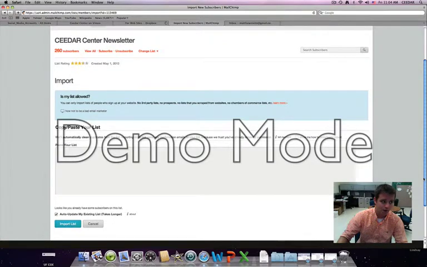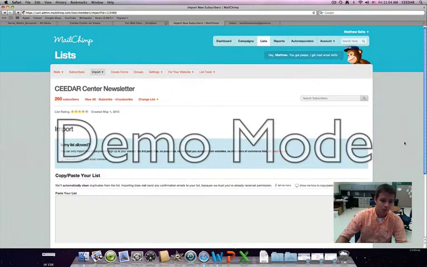So when it imports it, it'll say, make sure, is this the list of first names? Is this the list of last names? Are these the email addresses? And you just confirm that, and then you import the list. Sometimes it takes a few minutes for MailChimp to do it, but then that's about it. After you click import, you will have those names